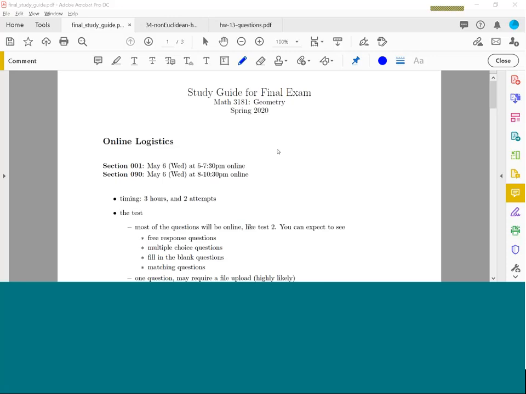So first things to know about starting over. The first thing to know about the final exam is when it is. It's going to be May 6th. You guys are section 90, and right here this is your time slot, and the final